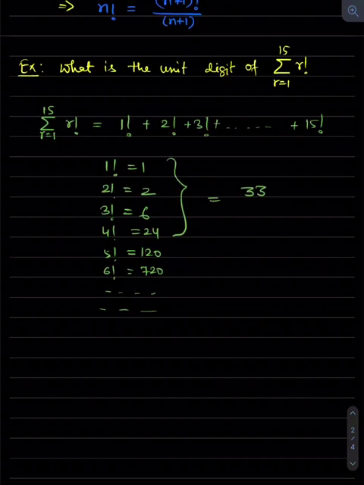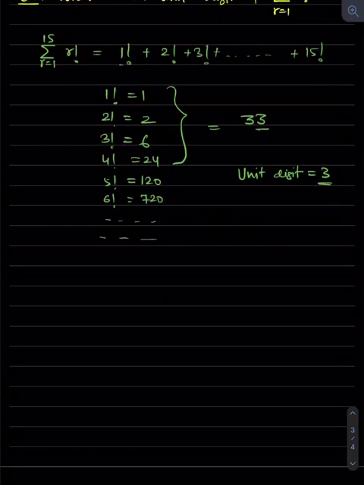Okay, so what is the unit digit of this? That is the unit digit of the summation of all these numbers. The unit digit of this is 3, so the unit digit of the summation will be 3 only. Now one thing you can consider, that if in the question they ask you up to 15 or 16 factorial, 17 factorial, or up to n factorial, the unit digit will be 3 only. Why? Because after 5 factorial, everything ends with 0, so the unit digit will be 3 from 33.